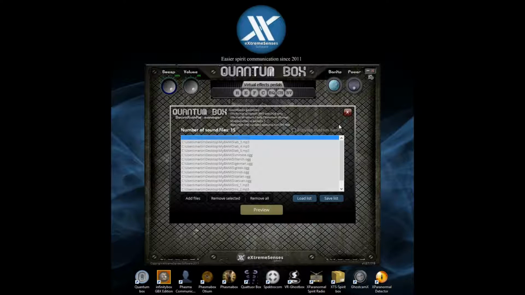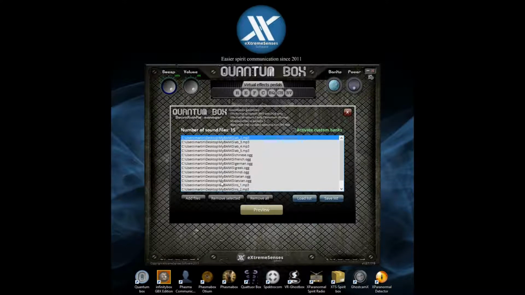Quantum Box comes with some default sound banks, but you can put your own audio files, as long as they are MP3 or OGG format, that there is a minimum of 1 meg size and a maximum of 10 megs, and you need a minimum of 5 audio files, and you can put up to a maximum of 100 audio files in here. So to enable this, you just click the activate custom banks, and then you see this is